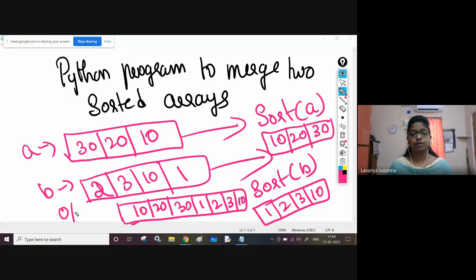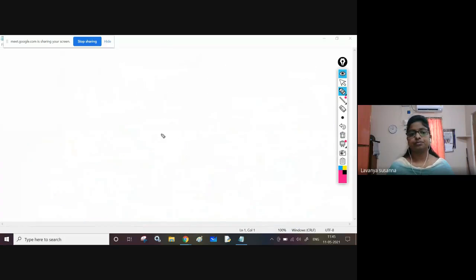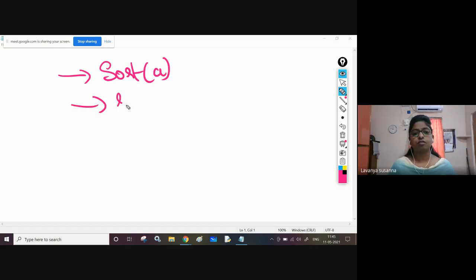This is the output you need to get. First, you need to sort it and then you need to combine it. So let us see how to combine it. Once again, see. Use sort of A, use sort of B.